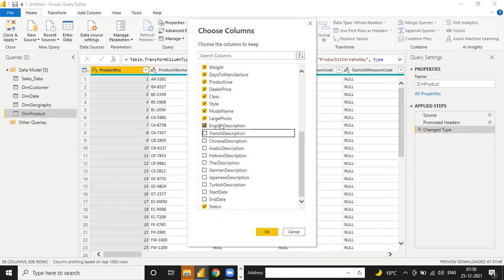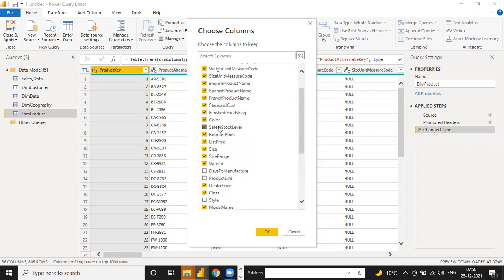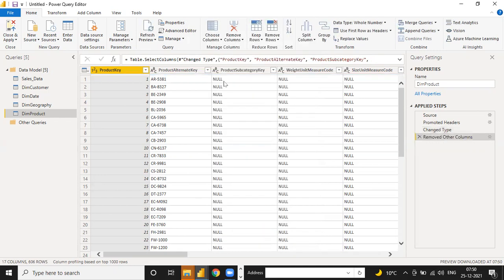Different languages, we need only English. English description also we don't need. Large photo, model name. Model is okay. Style, class. Okay, dealer price, product line, days to manufacture, size, list price, reorder, safety, stock level, color, finished good, standard, French, Spanish, English, size, weight, product subcategory, alternative, and product key. Only these columns we needed.